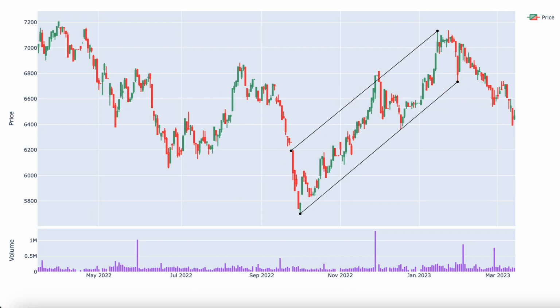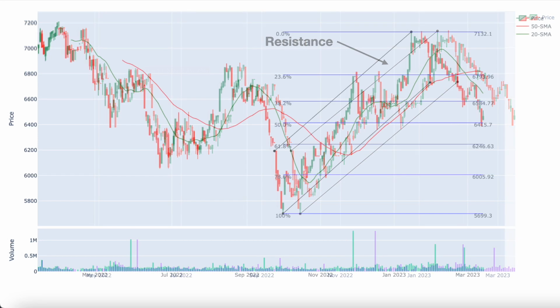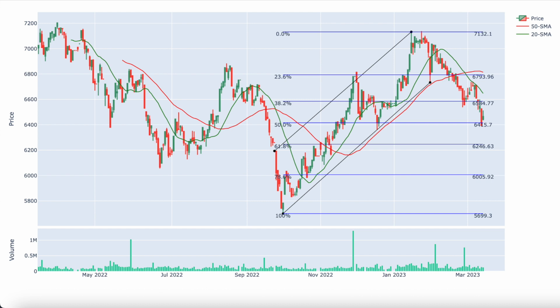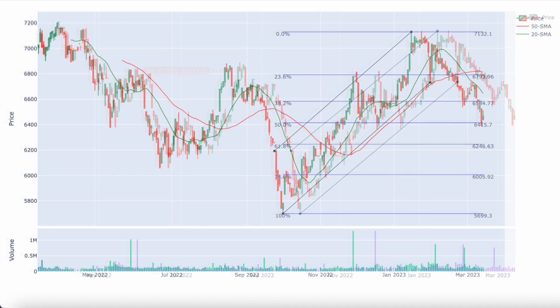Price obeys the principle of support and resistance. Support is where people tend to buy the stock and thus price stops going lower. Resistance is where people tend to sell the stock and thus price stops getting higher. Price usually hovers somewhere in between. There are many possible support and resistance areas, such as whole numbers, previous highs and lows, moving averages, trend lines and channel lines, and Fib levels.